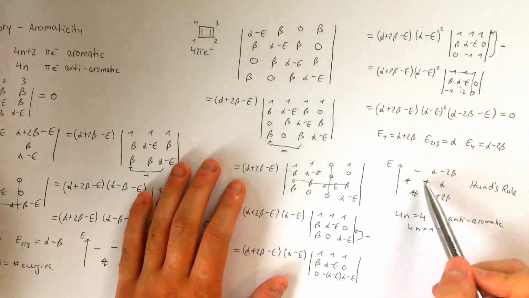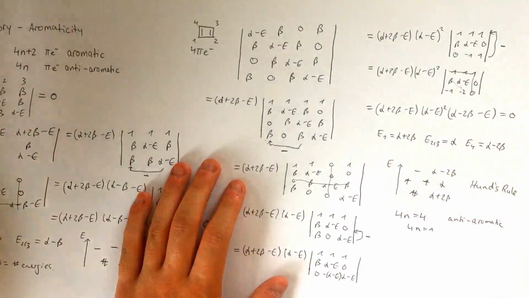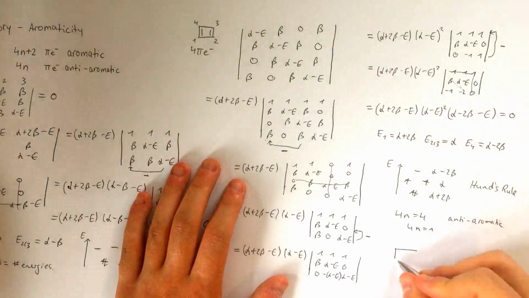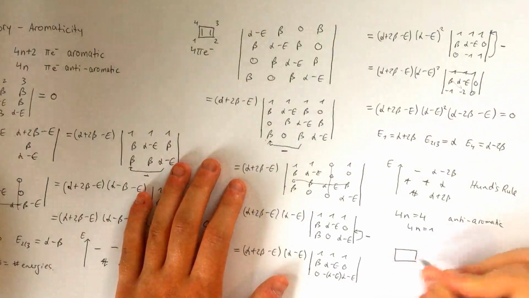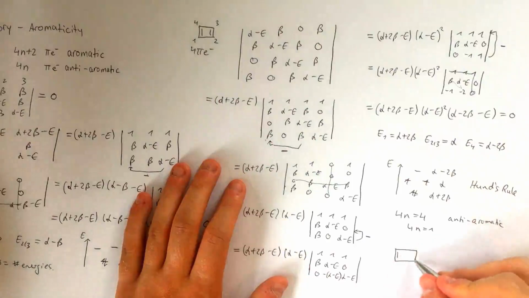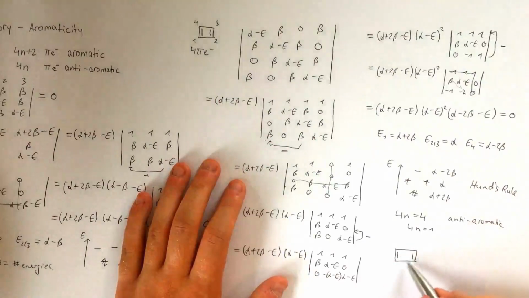This degenerate ground state is prone to distortion, the Jahn-Teller distortion, which makes our square cyclobutadiene distort into a rectangle, which looks like this,